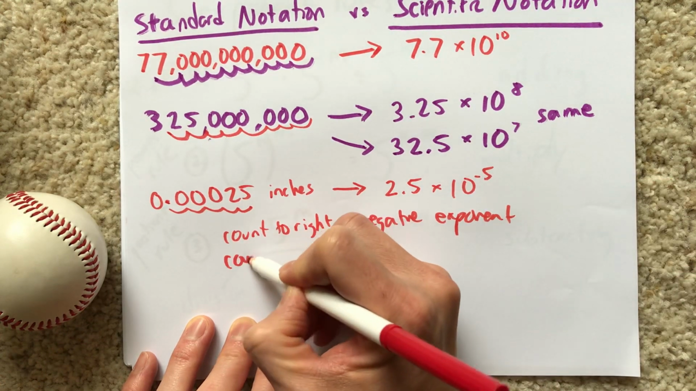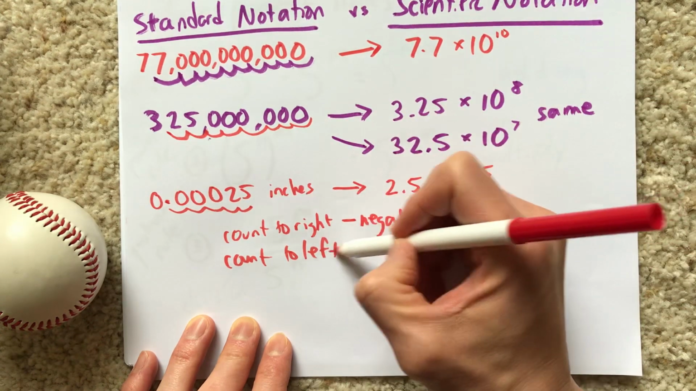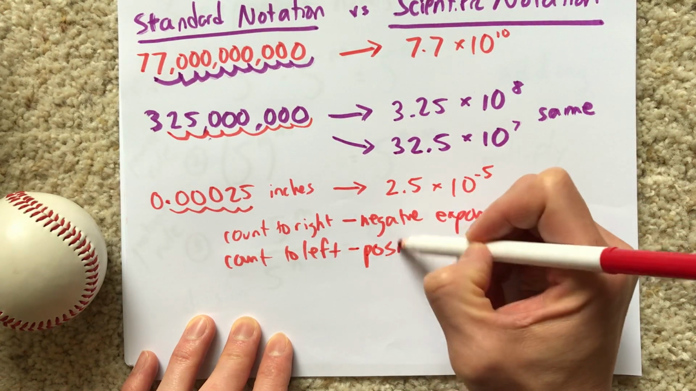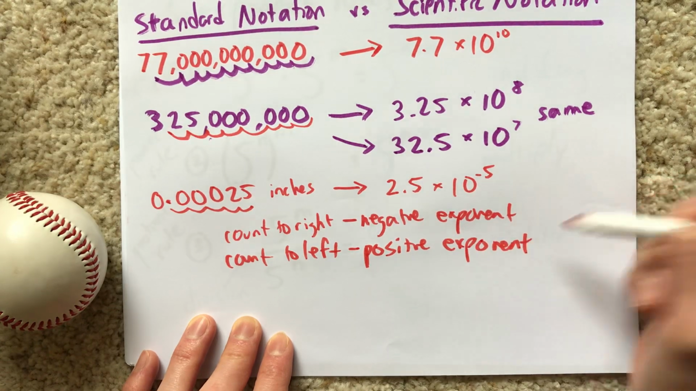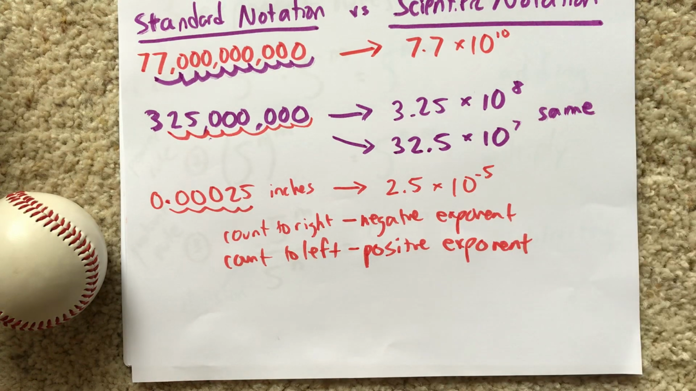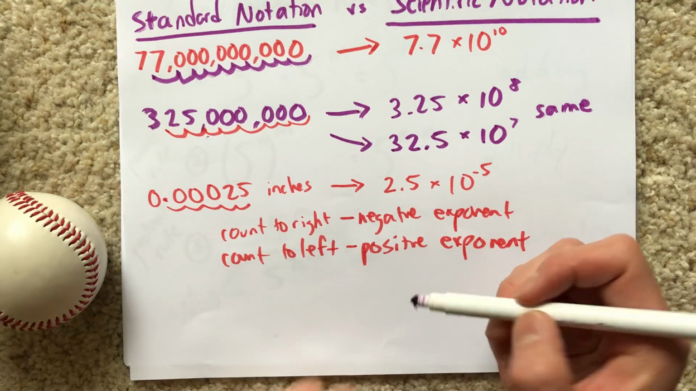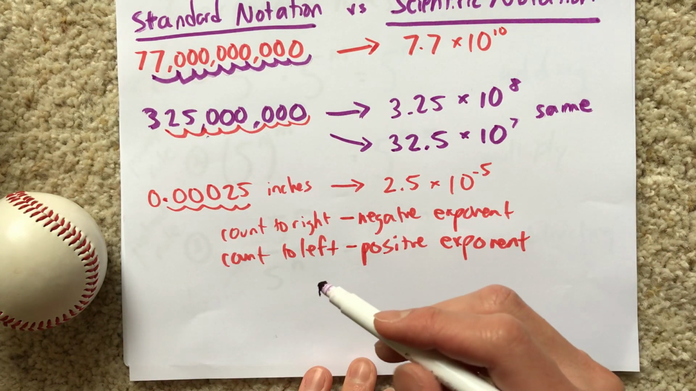And if you count to the left, like we did up here for these two, it's going to be a positive exponent. All right? Let's try one more. Let's just pick any other number. How about this time? I'll give you the scientific notation, and then I want you to write it in standard notation. So let's just do